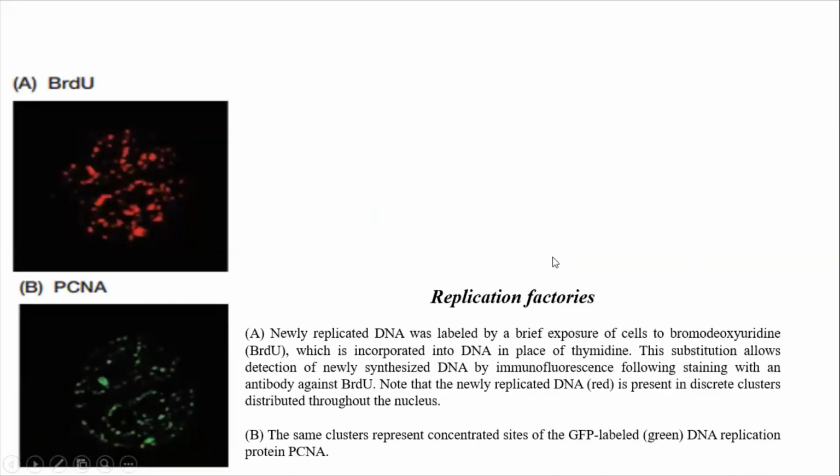Again, this was understood with the help of FISH. So here, what they have done: it's newly replicated DNA. It was labeled by exposure to bromodeoxyuridine, BrdU, which is incorporated into DNA in the place of thymine. We also discussed this when we were talking about DNA structure. BrdU is an analog of thymidine. Remember this. What you do is make it fluorescent. This substitution allows detection of newly synthesized DNA by immunofluorescence, following staining with an antibody against